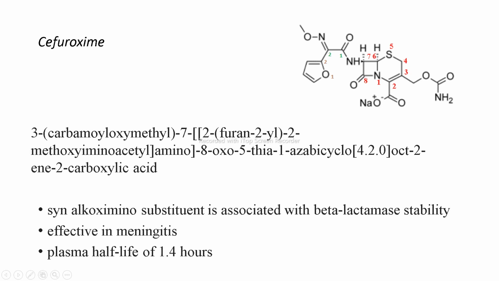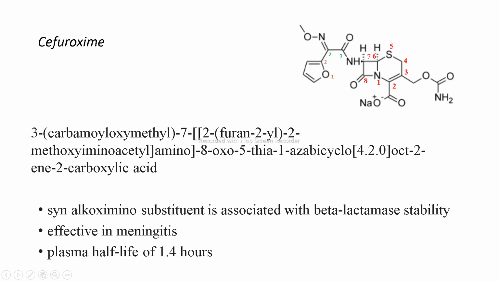Now again, the ring is the same, that is the cephem ring. Again, no need to write down the salt form. You only have to write down the COOH over here at the second position. Okay. Then cefuroxime contains the furan ring. It is there in its name, furan. So it contains the furan ring. Okay, and the NHCO group is there. It is present in all the structures of the penicillin as well as the cephalosporin. Okay, so it contains the furan ring, and it contains this imino group.